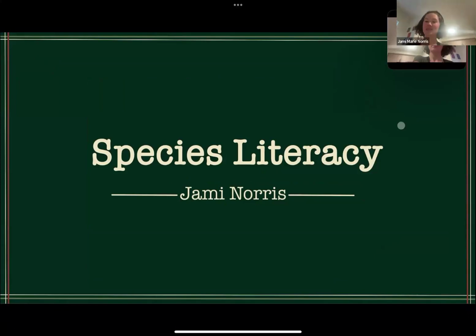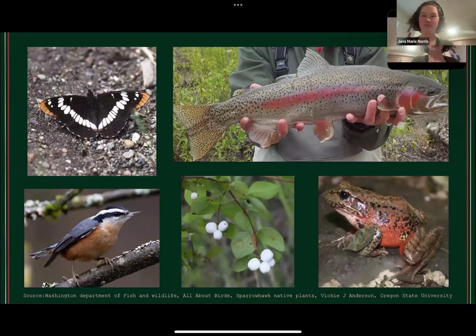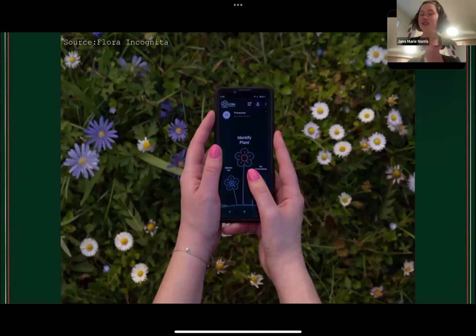Raise your hand if you can identify a species on this slide. Awesome. Put your hands down. You all just demonstrated the first step in species literacy, identification. Species literacy is defined as the identification and knowledge about a species, such as its role in the ecosystem, origin,